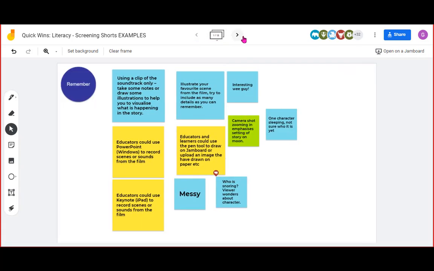So again, you've got access to this Jamboard, and you can have a look through and look at some of the examples that we've put on about how you could do the remembering. I don't know, do you want to go through those thinking skills, Julie? Yeah, so